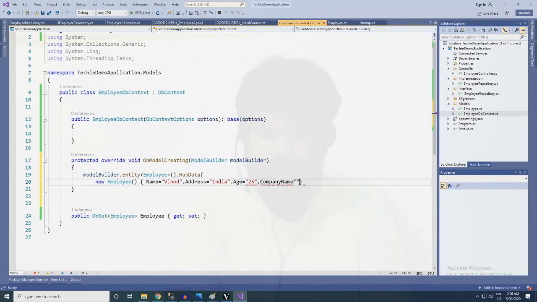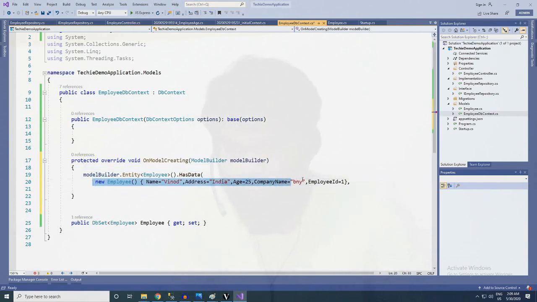company name as BNY, just a data, age is just a number, and finally employee ID. We don't need to specify the employee ID, but let me add employee ID equal to 1.